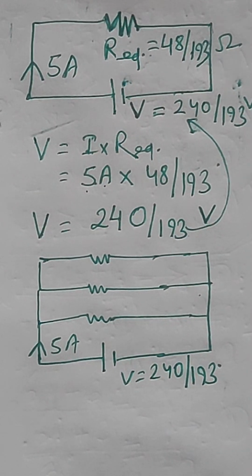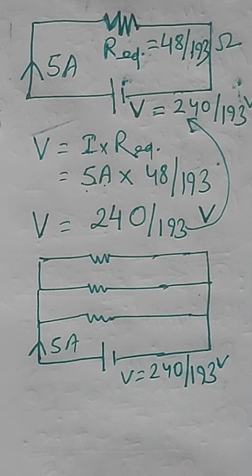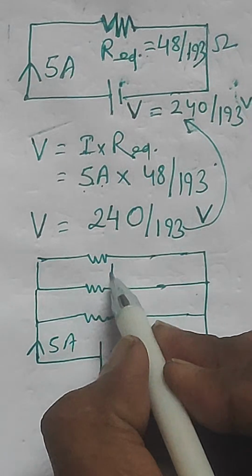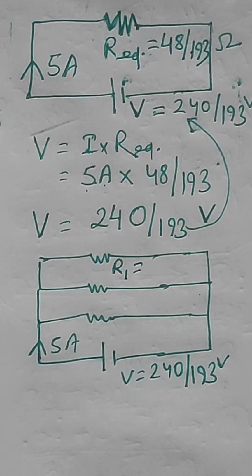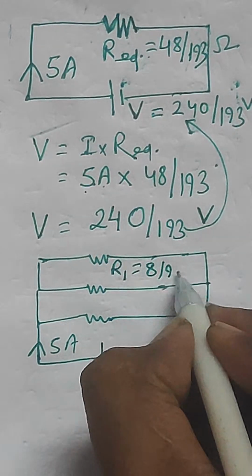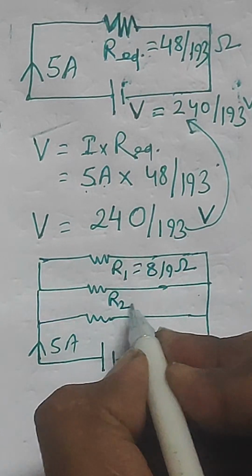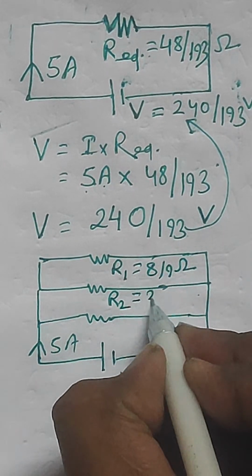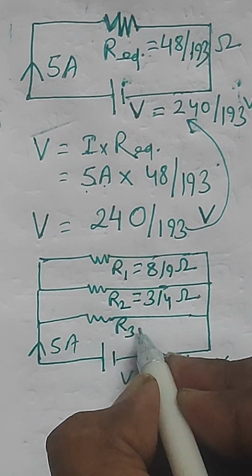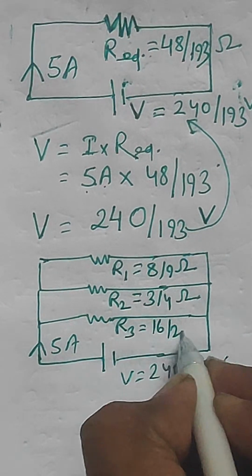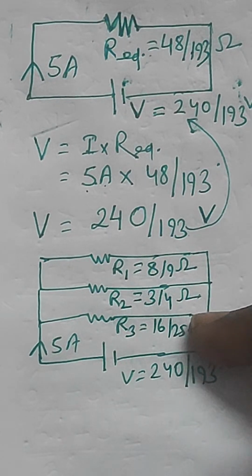So 240 by 193. Now this is the voltage. Now R1 we have already calculated, that is nothing but 8 by 9 ohm, and here R2 is nothing but 3 by 4 ohm, and R3 is nothing but 16 by 25 ohm. So here we have three resistances and